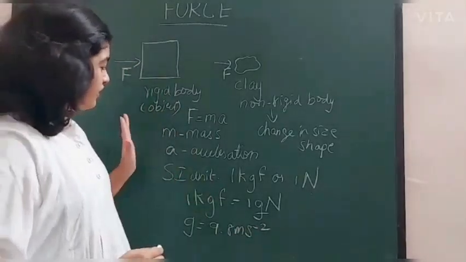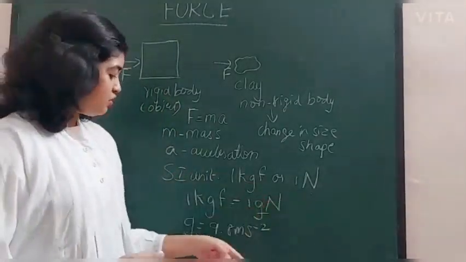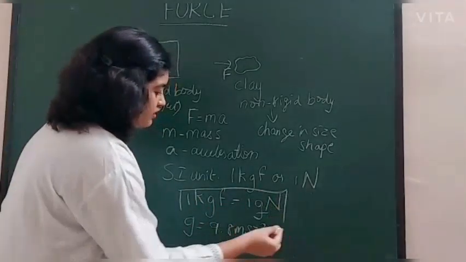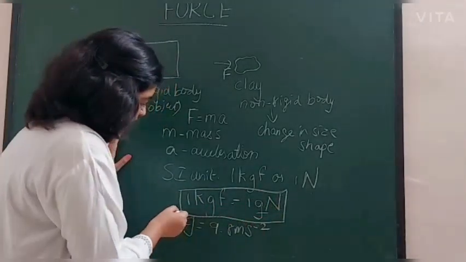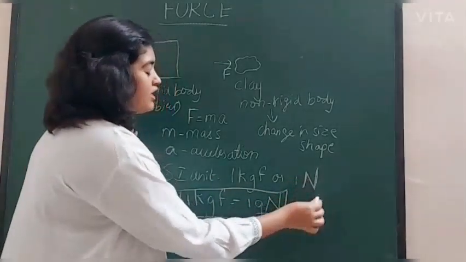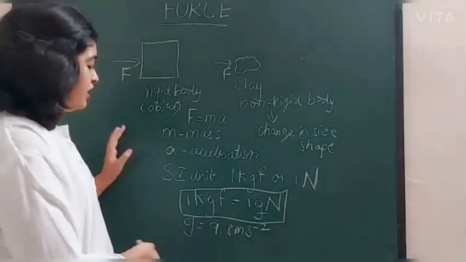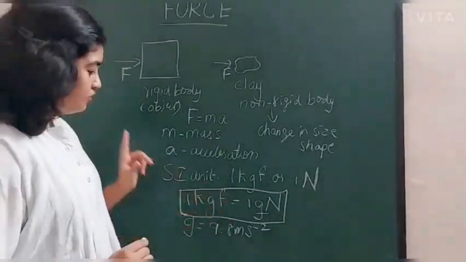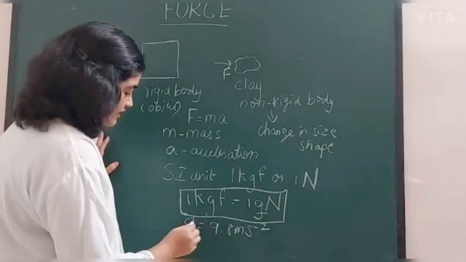So this is the SI unit of force, which we generally term as Newton, and then the relationship here is 1 kgf is equals to 1 g Newton, and we represent Newton as capital N because it is named after the scientist Newton. So this is the relationship between 1 kgf and Newton, and g over here is 9.8 meter